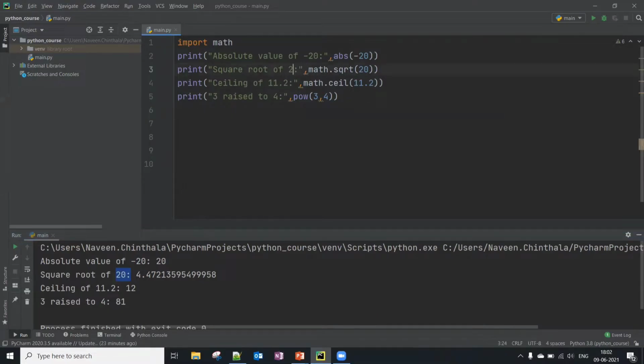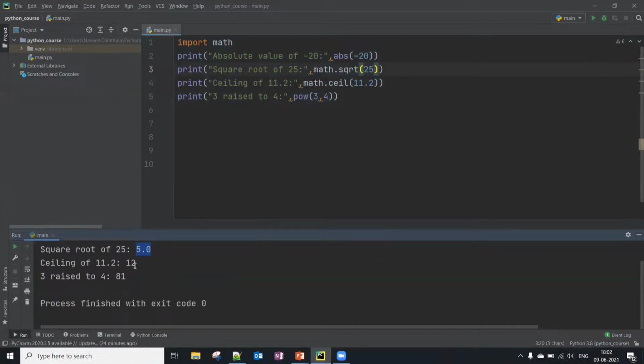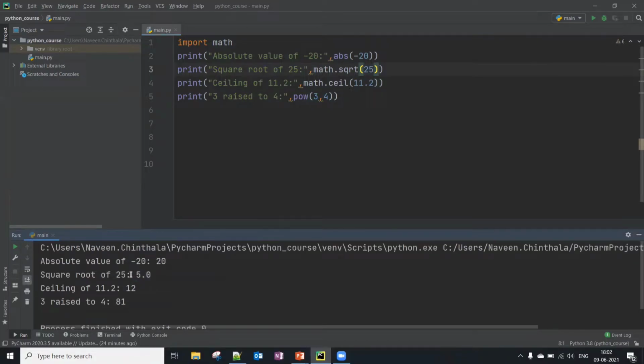If you want, you can give the square root of 25 so that you can see it is 5, and we are getting a floating value 5. And what is the ceiling of 11.2? It is 12. And the opposite of the ceiling, the floor value, you can do that also. The function name is math.floor, and 3 power 4 is 81.